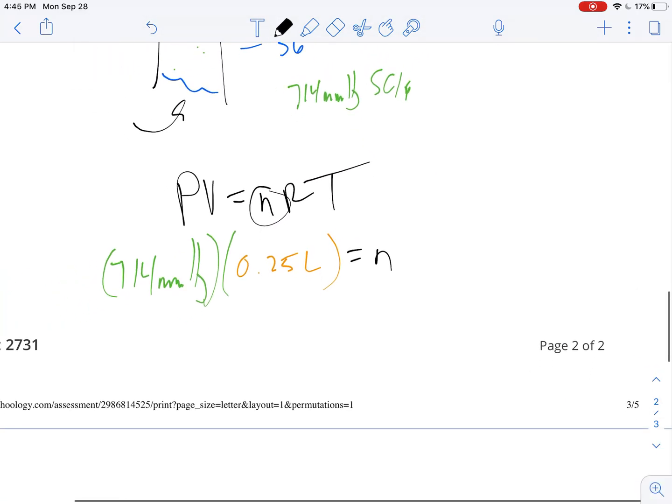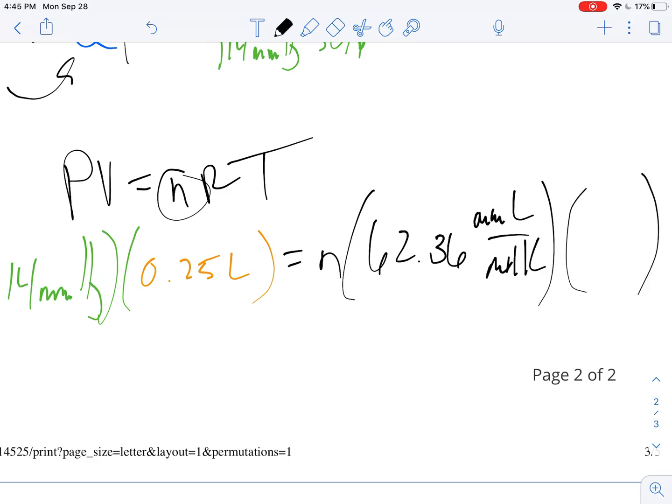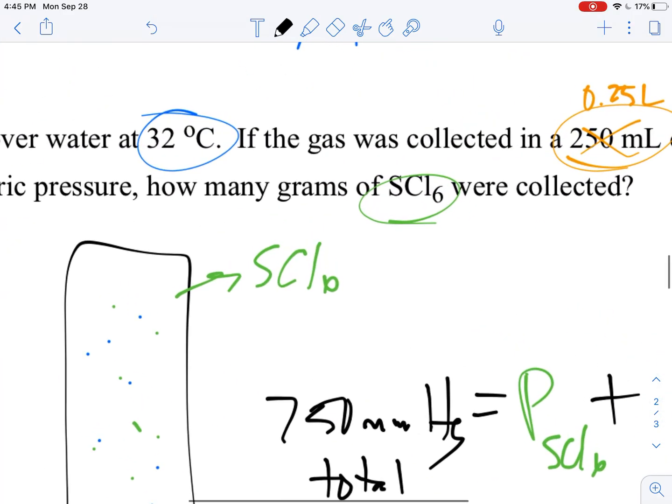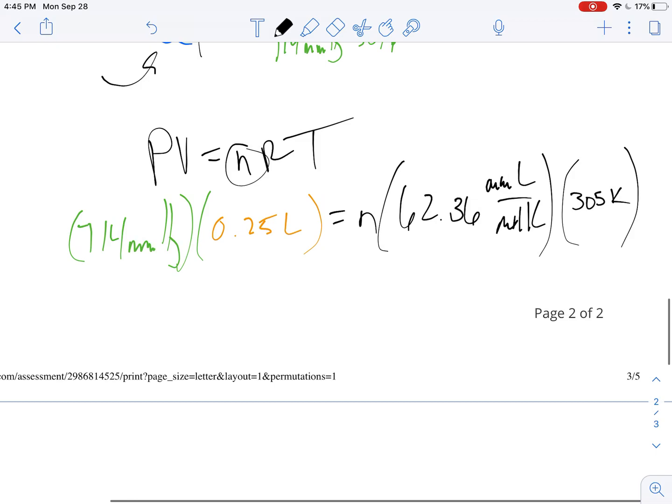n is what you're looking for. I'm in millimeters, so my R is going to be 62.36 millimeters of mercury liters per mole Kelvin. And then my temperature was 32, so that's 305 in Kelvin, because I'm going to take the 32 and add 273 to it. So I've got everything I need in order to figure out the moles. I pick up my calculator and go to town here. So 714 times 0.25 divided by 62.36 divided by 305 gets me in the neighborhood of